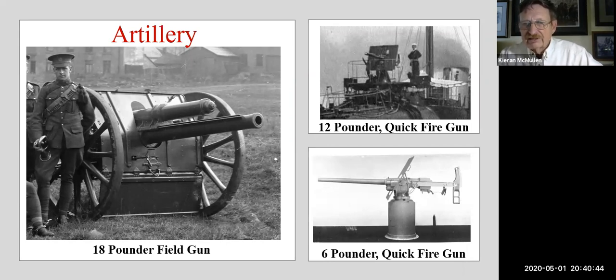Infantry does not stand up well to cannon, and this particular type weapon had high explosive shell as well as shrapnel, and I'll explain the shrapnel in a little bit. I know that shrapnel is normally used as any kind of shell fragment, but it's actually a very specific type of round. The 18-pounder,